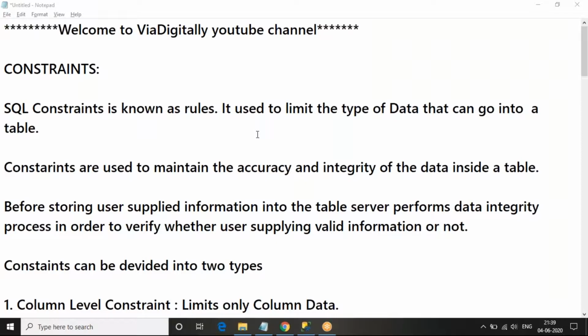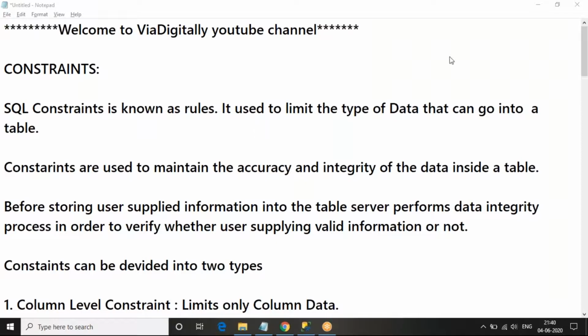Today I am going to discuss SQL Server constraints and data integrity. First, we should know what a constraint is and what data integrity is. Data integrity is the correctness of the data when we process it into a particular column. And a constraint is a rule that we can set at the column level or the table level, and based on those rules we can process the data into tables on a particular column.